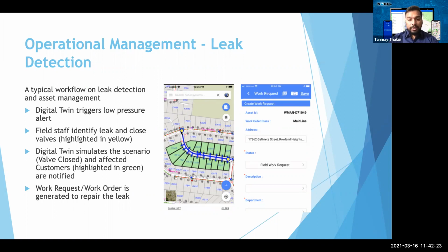So you can see there are two nodes to this map. These are actually the parcels in between which are affected by a pipeline replacement or a pipeline repair across the district. The staff can also identify and close the valves which are needed or suggested by GeoViewer in order to repair this particular pipeline.